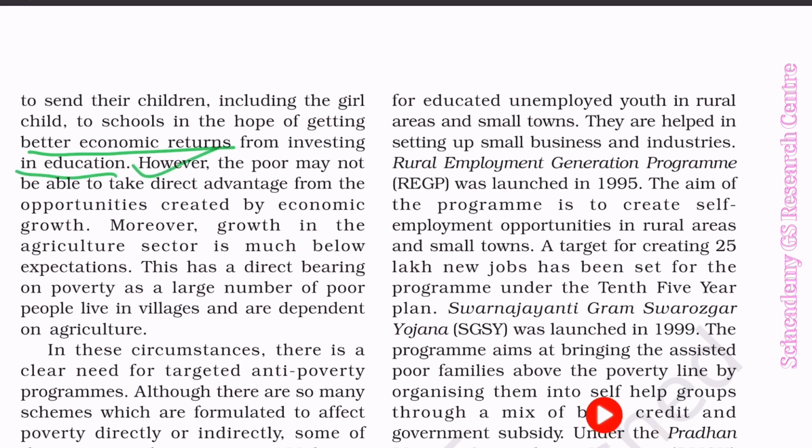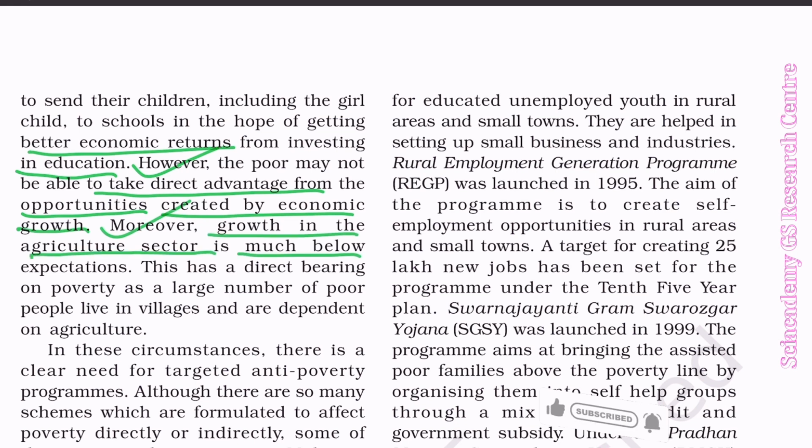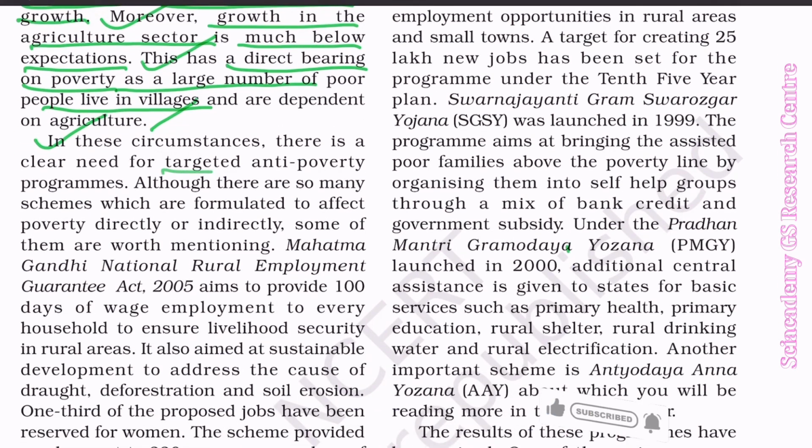However, the poor may not be able to take direct advantage from the opportunities created by the economic growth. Moreover, growth in the agriculture sector is much below expectations. This has a direct bearing on poverty, as a large number of poor people live in villages and are dependent on agriculture. In these circumstances, there is a clear need for targeted anti-poverty programs. Although there are so many schemes which are formulated to affect poverty directly or indirectly, some of them are worth